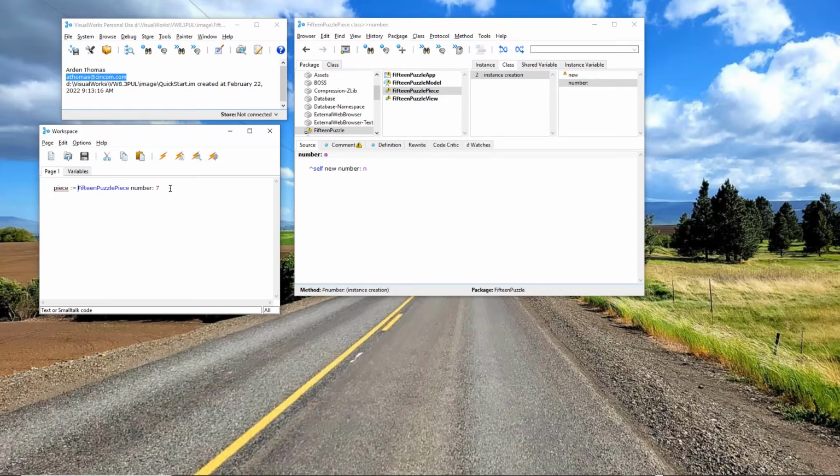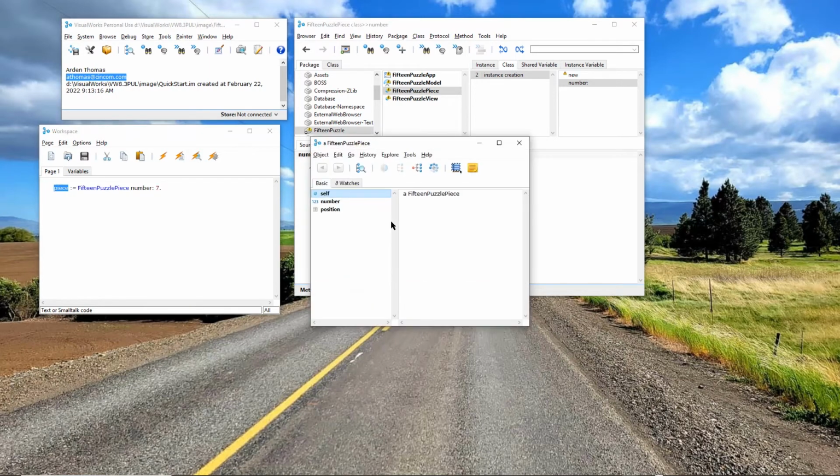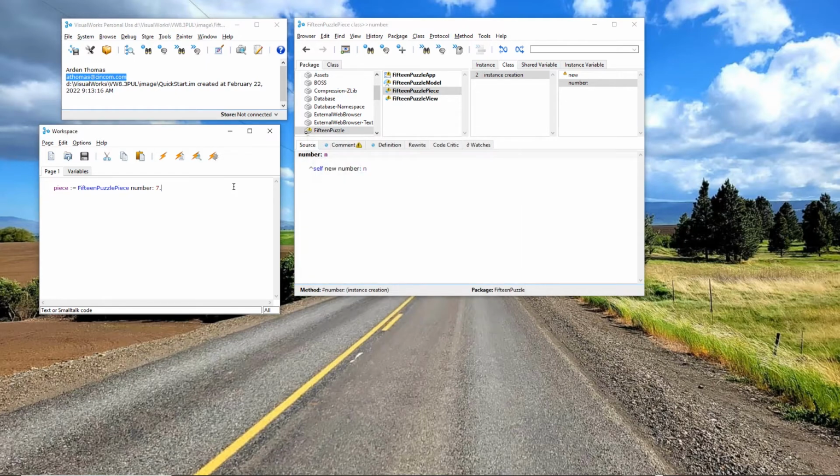How might we do that? Well, let's say we create a temporary variable called piece. I'm going to put a period at the end here. I'm going to highlight this and do this. I now have a piece. If I inspect it, it has the number 7 and no position, but now I can talk to that piece,